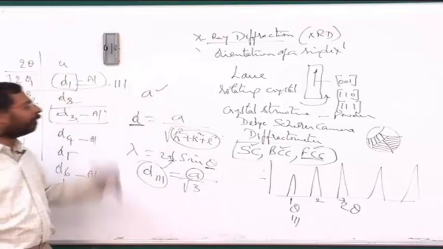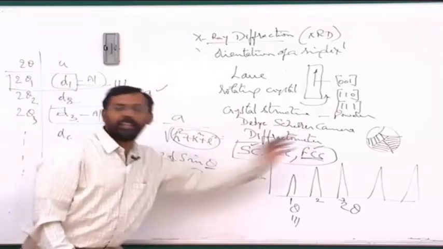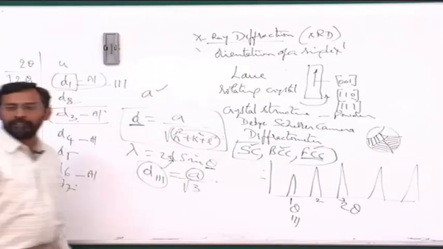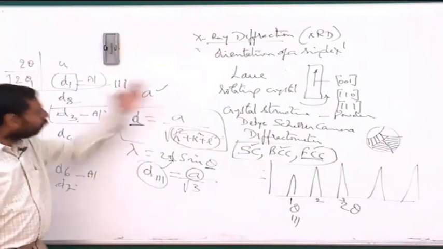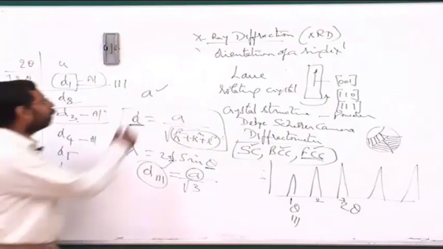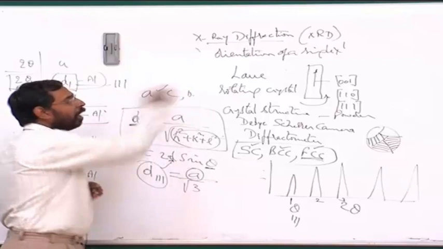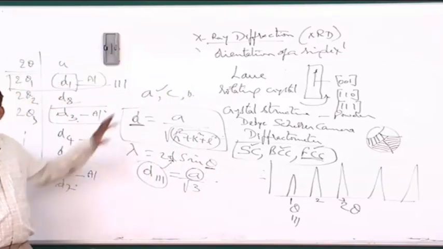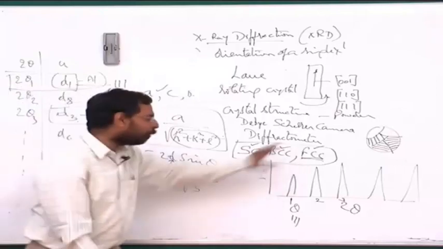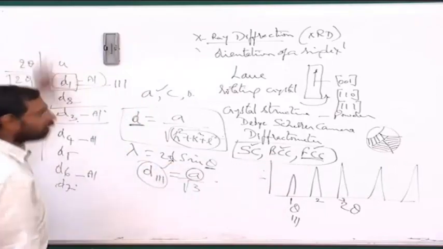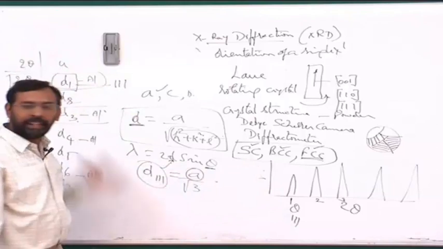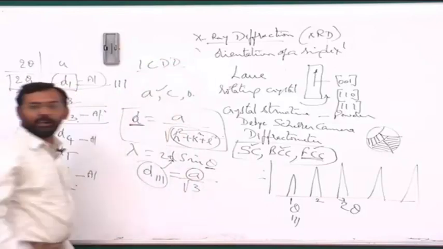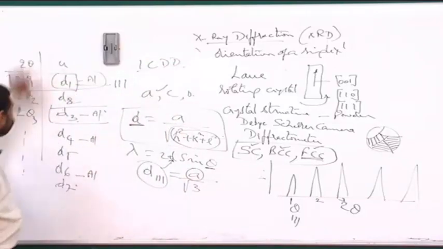And if it is not cubic, if it is tetragonal, there are formulas available for all this. This formula will slightly get modified when you go from cubic to something else. But using this particular formula, we can find out a, c, b, whatever it is, for a particular structure. But if it is a more complicated structure where I am not able to find out using the ratios of sine square theta, which I mentioned some time back, then the best method is to go to ICDD and find out what is the phase corresponding to these particular peaks.